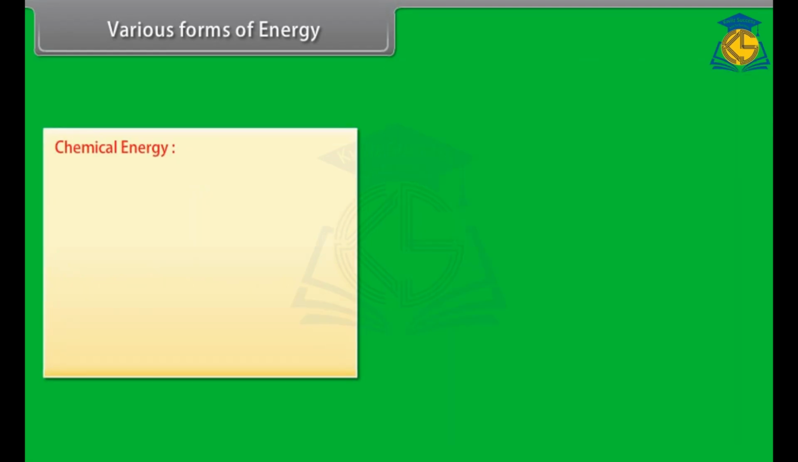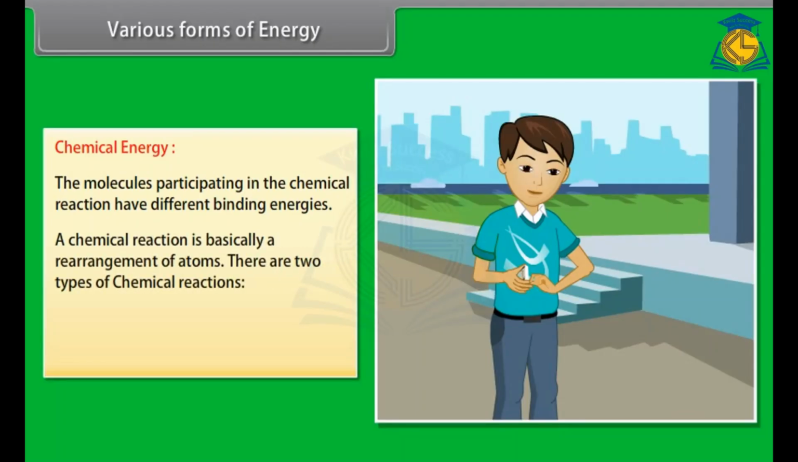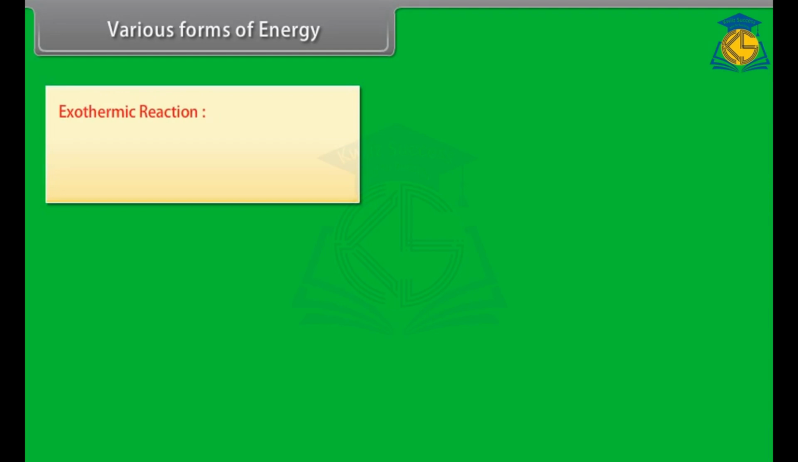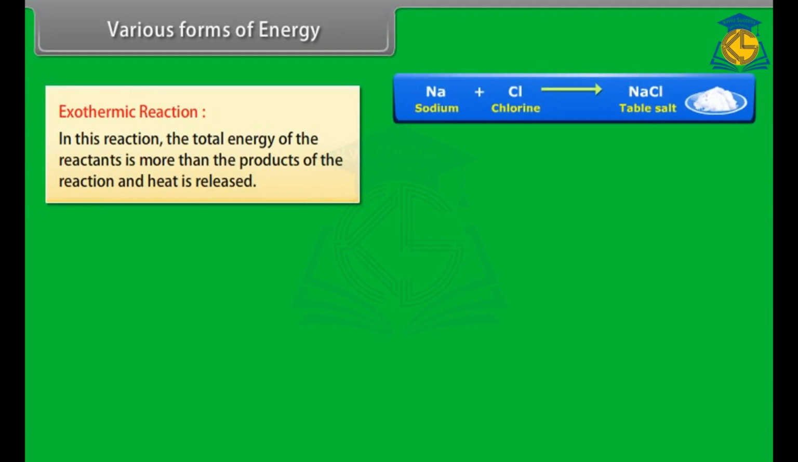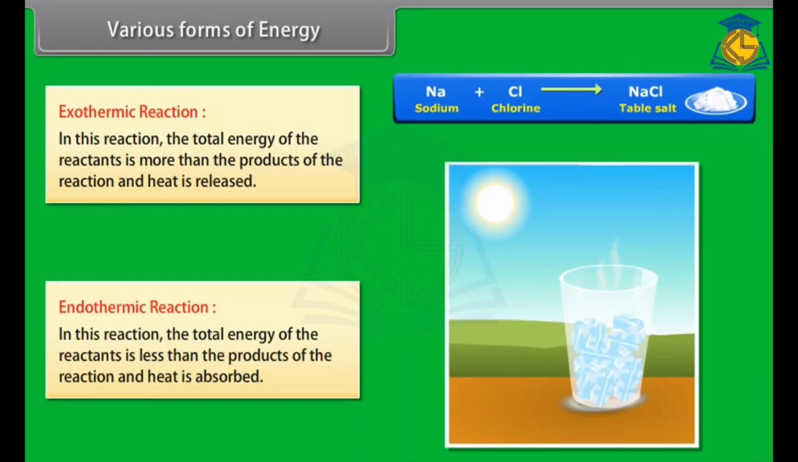Chemical energy. It arises from the fact that the molecules participating in a chemical reaction have different binding energies. A chemical reaction is basically a rearrangement of atoms. There are two types of chemical reactions: number 1, exothermic reaction, and number 2, endothermic reaction. Exothermic reaction. In this reaction, the total energy of the reactants is more than that of the products and heat is released. Endothermic reaction. In this reaction, the total energy of the reactants is less than that of the products and heat is